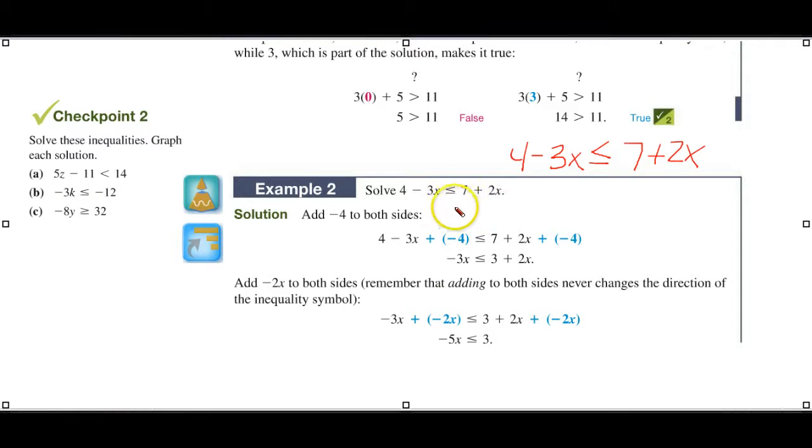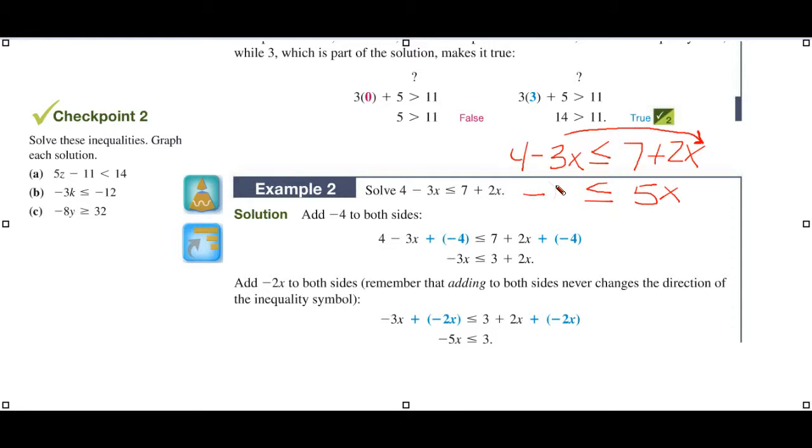Now the book shows it a certain way. I'm going to show you another way that it can be done. I mentioned before it's always good to keep your x values positive. So I'm going to move the negative 3x to this side, where it becomes a positive 5x. I'm going to move the 7 to this side, where it becomes a